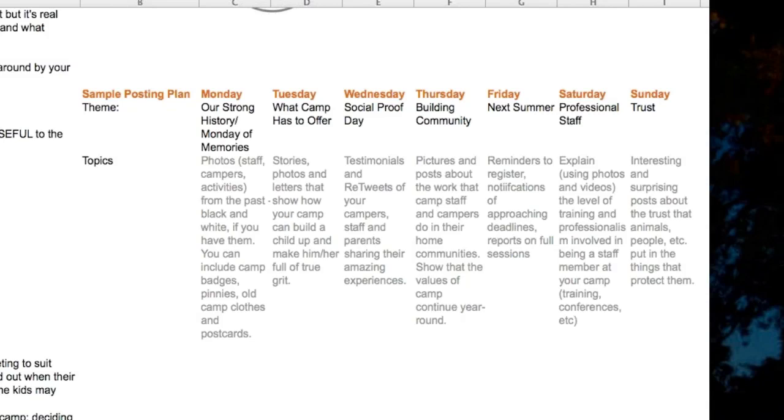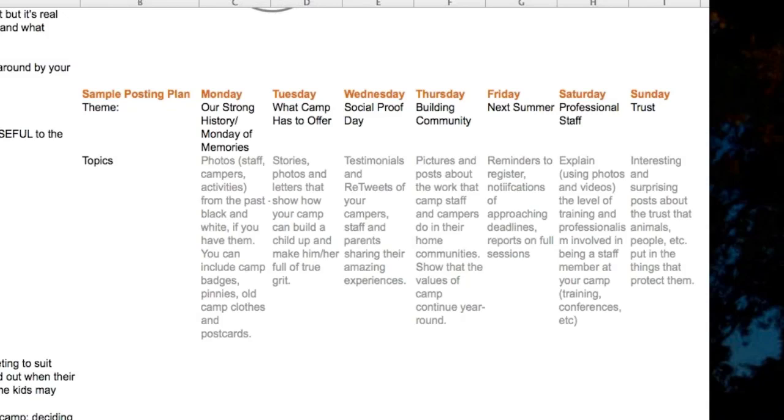Friday is the day that you do a bit of selling. It is 1 out of 7 that you're being a bit more overt about. Here's the information you need to buy camp. So this is when registration is changing. If we're getting an early bird price jump coming up in a month, you start to know that ahead of time. Here's the deadline for when you have to send in your forms, or if you want to get your first pick of cabins, whatever